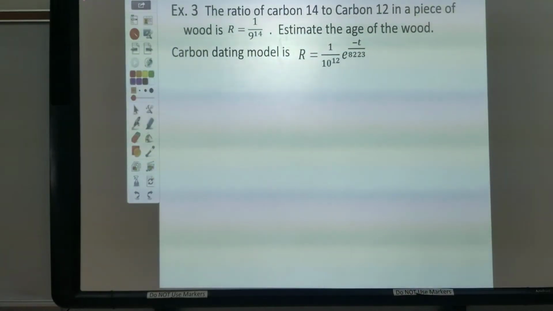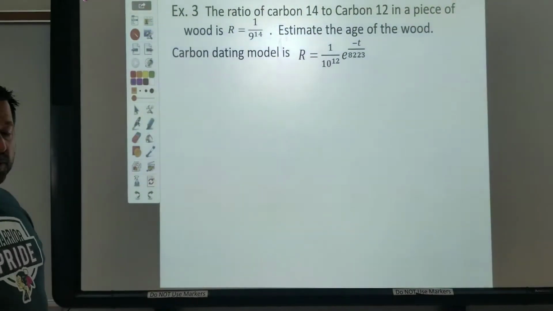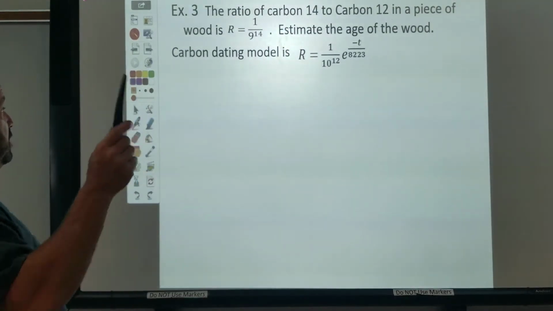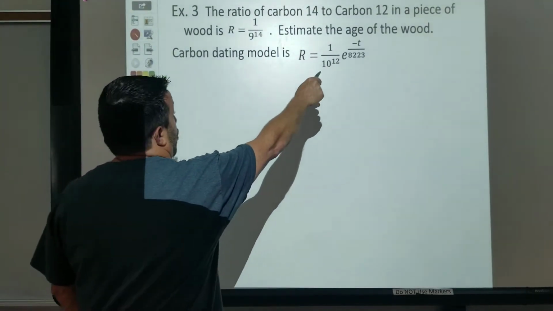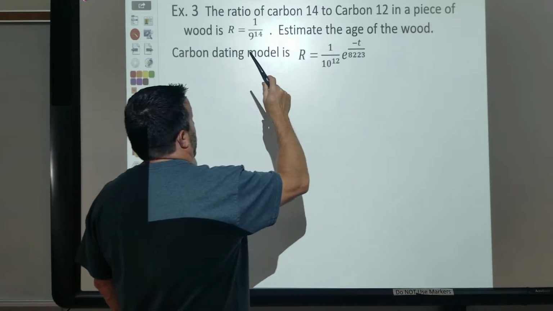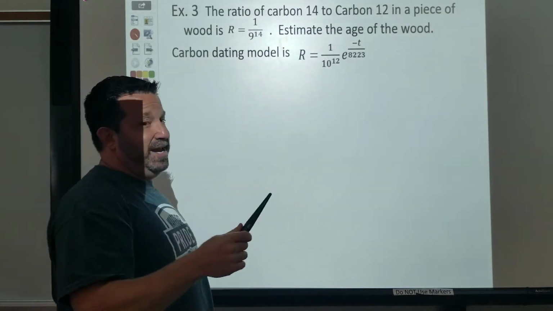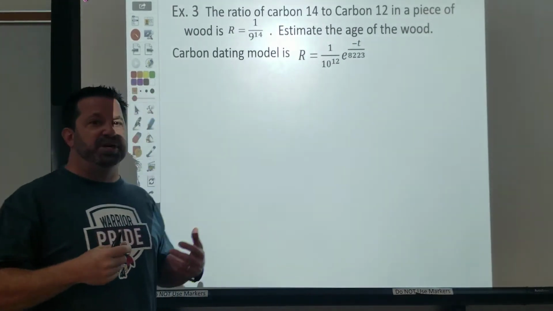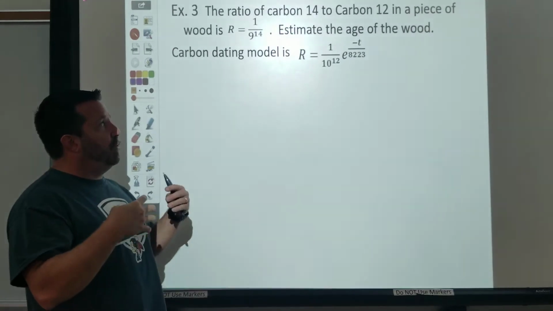This is section 5.5, part 3. 5.5 is exponential and logarithmic models. In this part 3, we're looking at a model that's already given to us, but this has to do with carbon dating. So when you want to figure out how old a piece of wood is, we have a thing called carbon